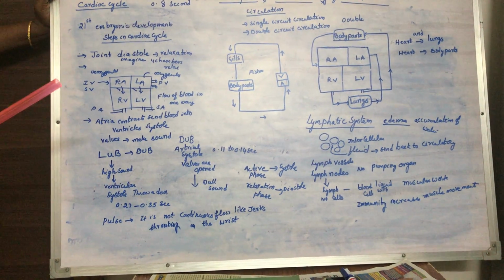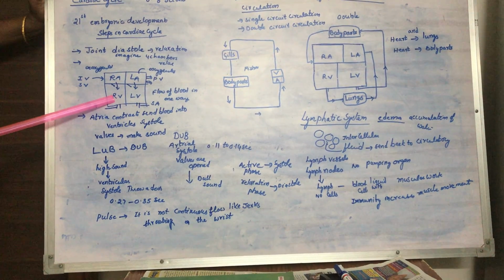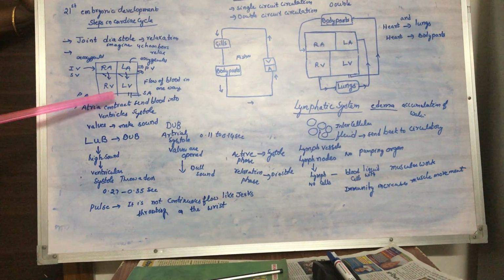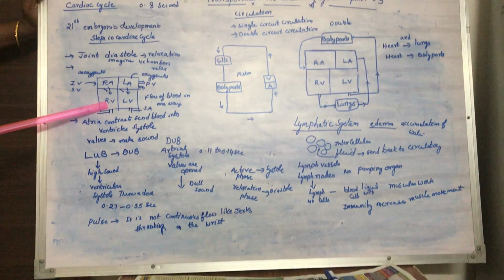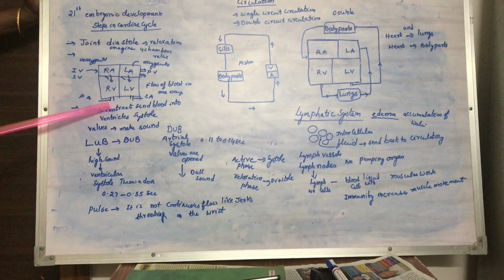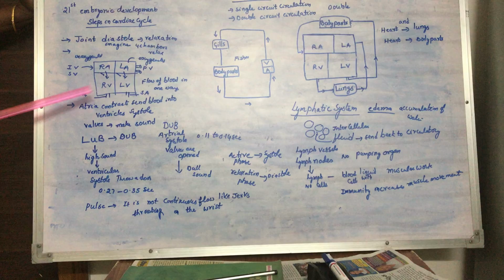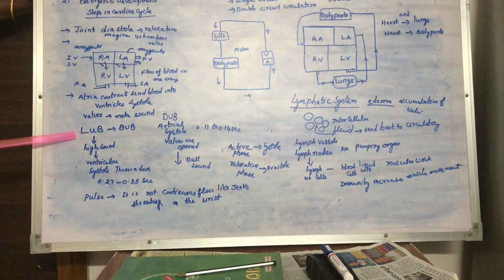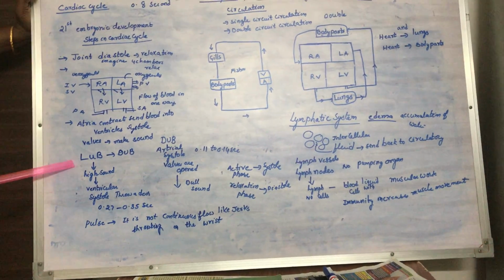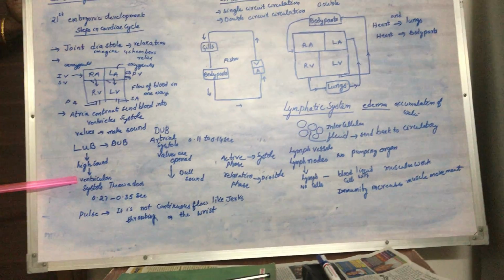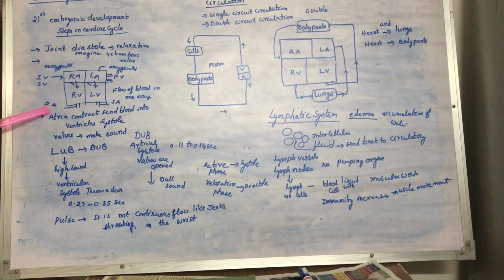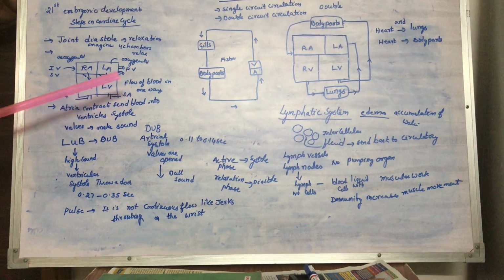The lub, when the ventricles contract, they pump the blood into blood vessels. They forcefully push the walls and send the blood into their respective blood vessels. And at that time they make a very high sound called lub. What sound do we call it? Lub. Lub is heard in ventricular systole. That means when the blood is pumped into the pulmonary artery and systemic aorta.